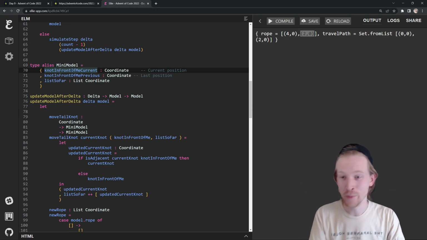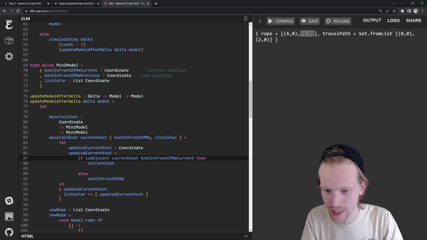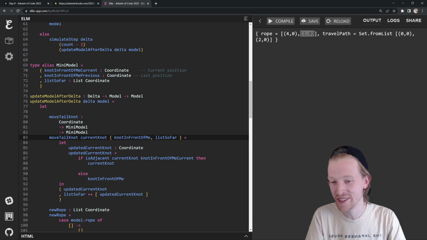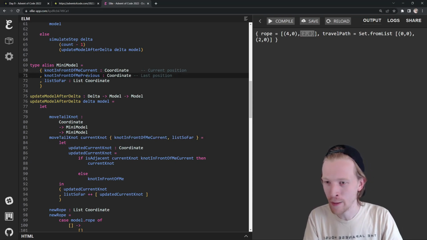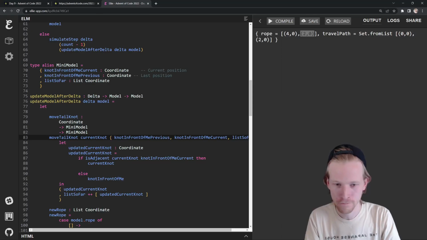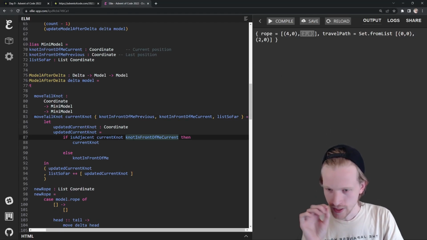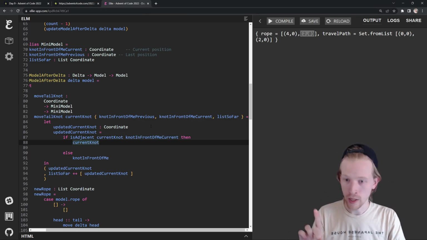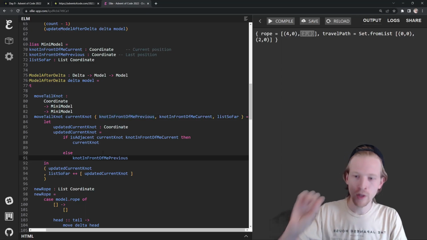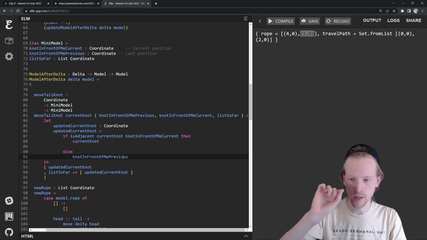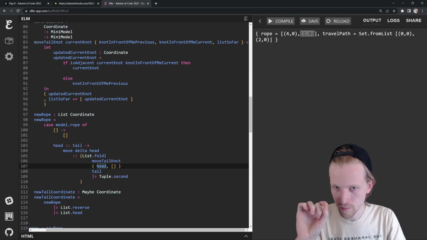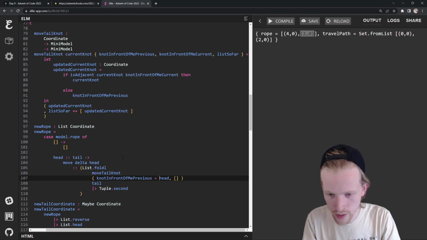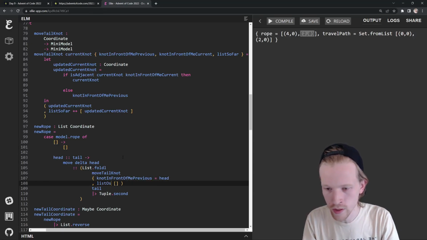After the knot in front of me is moved, we're going to ask, is this... This is so verbose. I'm just chuckling because this is crazy. I've got to say it with my mouth. The knot in front of me's current position is adjacent to the current knot, then I do not move. But if not, I'm going to move with the previous. It's important that these are different values, and I wasn't thinking about the current and next. So the previous value is the head. The initial value of list so far